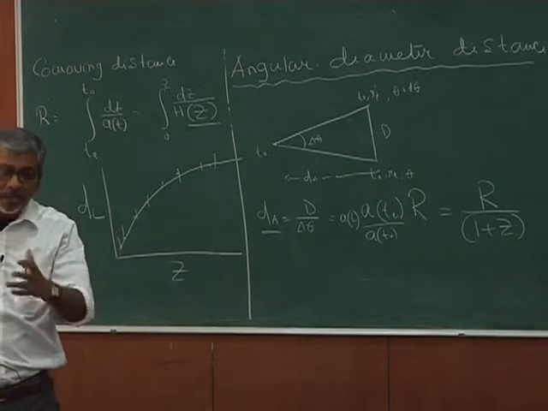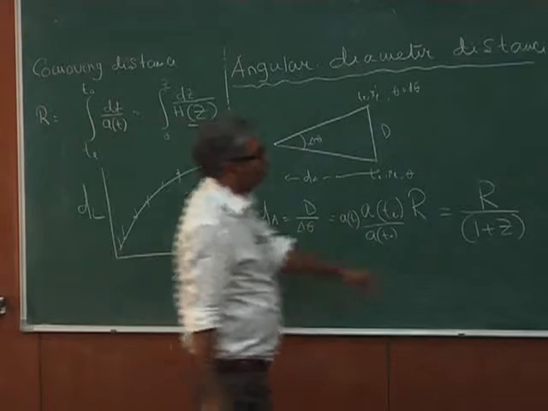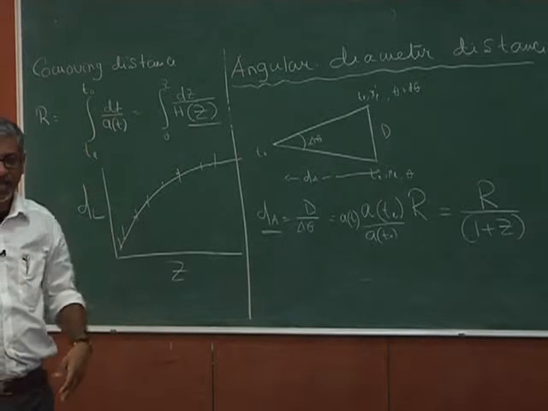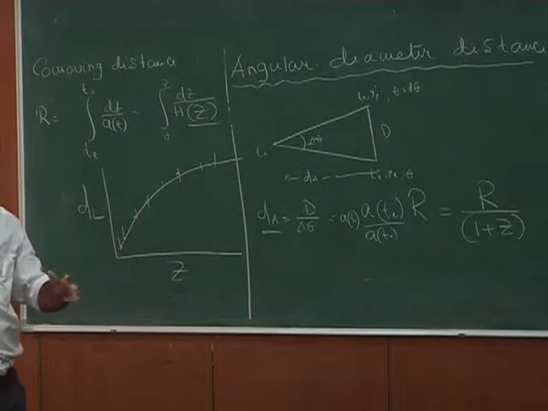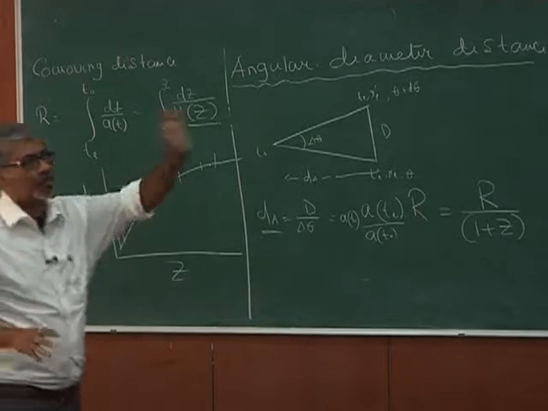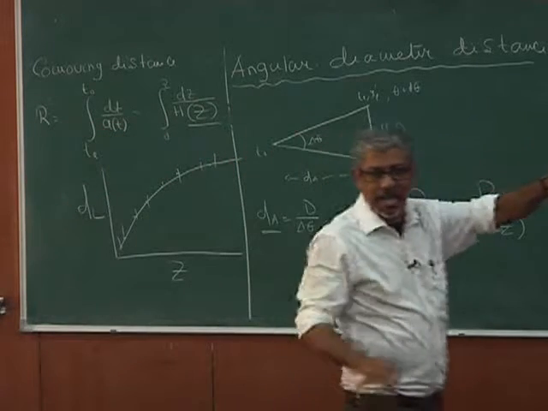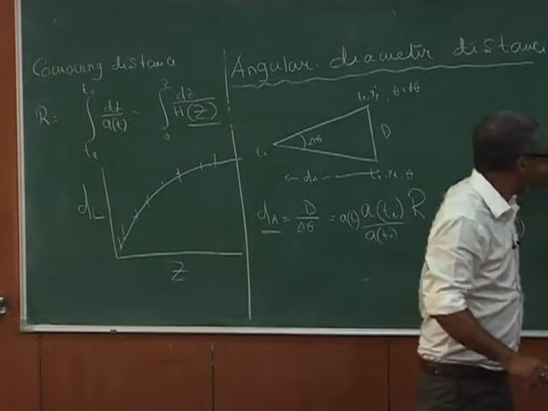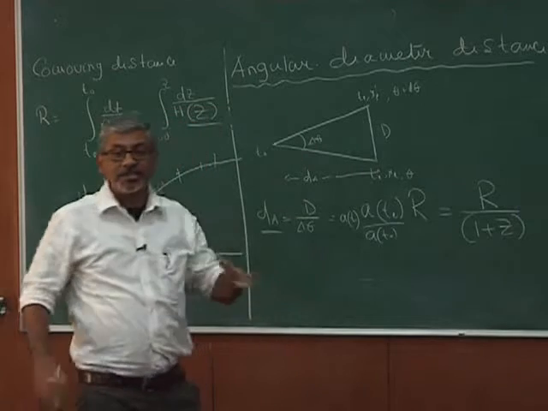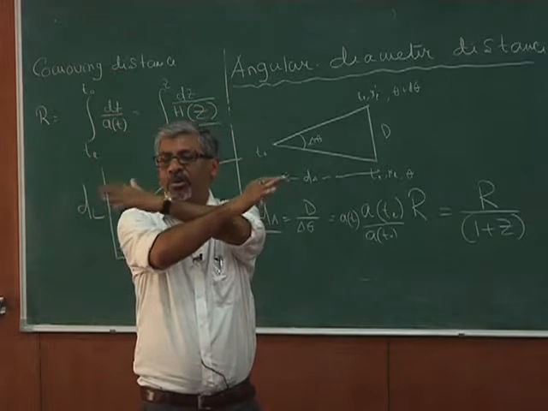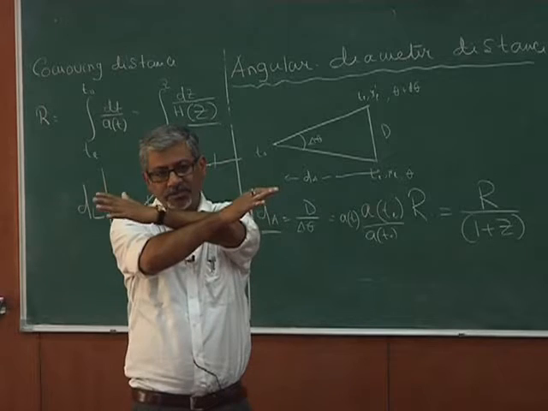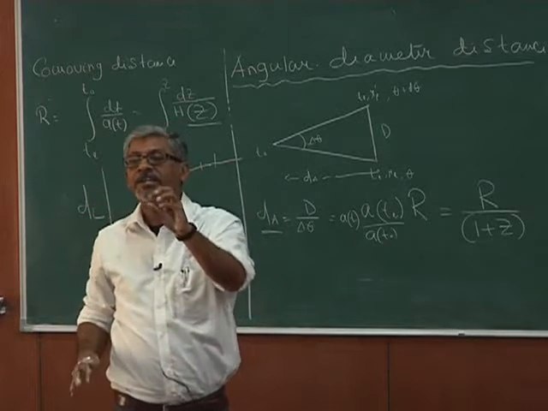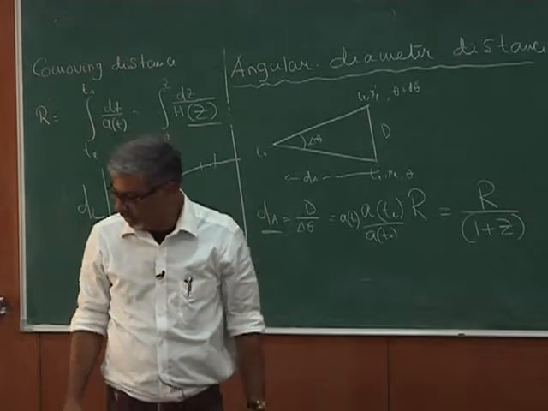Fine. Now, the best part is that when you combine dl and dA, the measurement from dl and the measurement from dA, the interesting thing is that these two measurements, let us say I have an equation of state of dark energy and omega m as two parameters, are actually orthogonal in the parameter space. And if you have two orthogonal measurements, you can get a very tight constraint on the parameter space, fine.